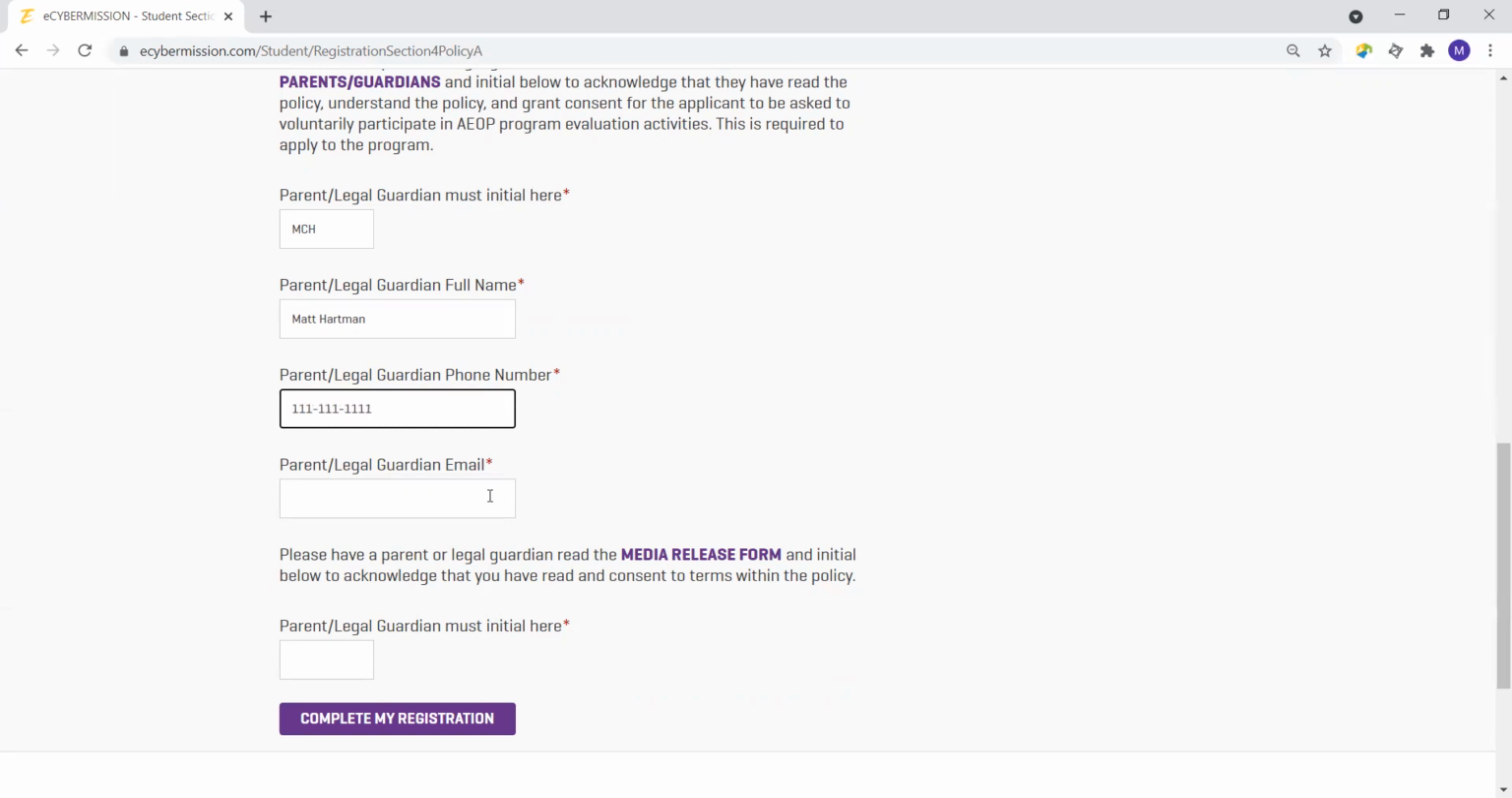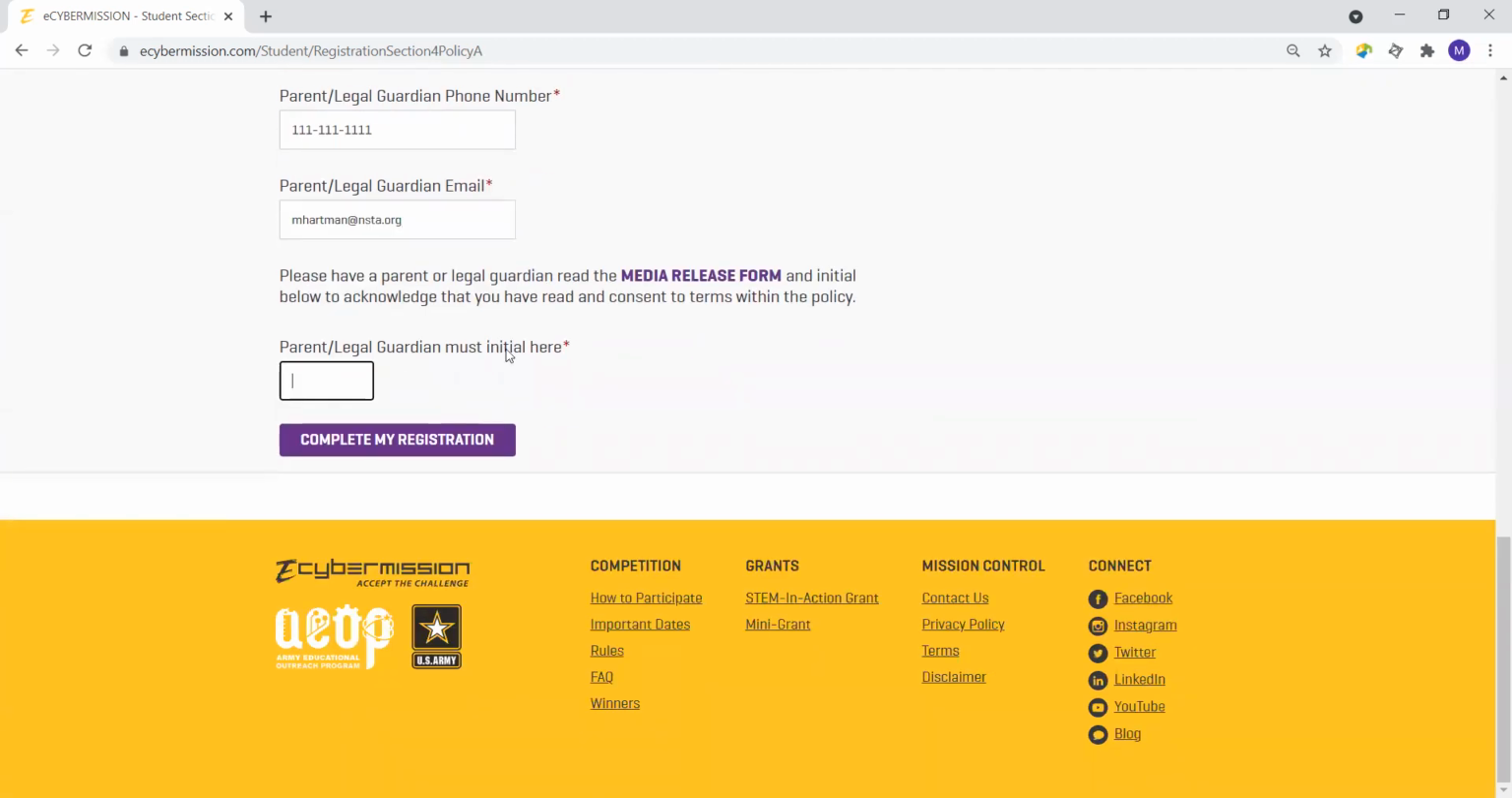And the reason for that is because we might need to contact your parent or guardian, especially if you are a winner in eCYBERMISSION. We might need to get in touch with them to get information about you and to let them know exactly what's going on. Their email address also helps us with that. So you can go ahead and put their email address in there, or I'm sorry, they will put it in there, or your team advisor will,